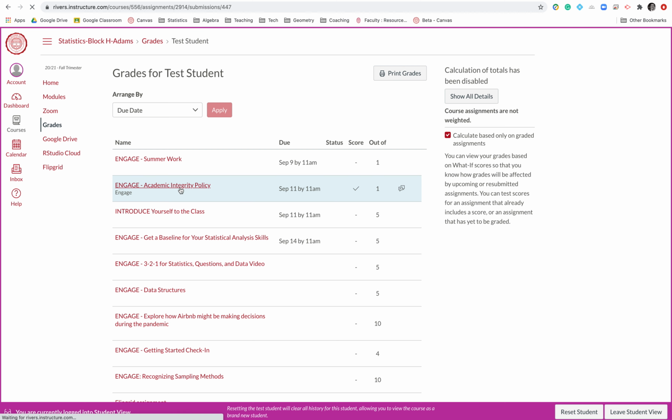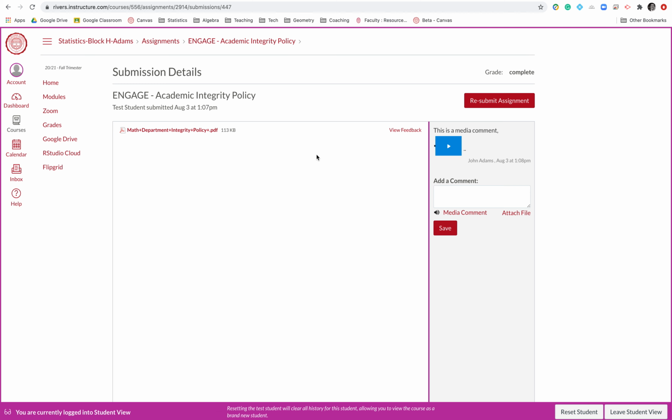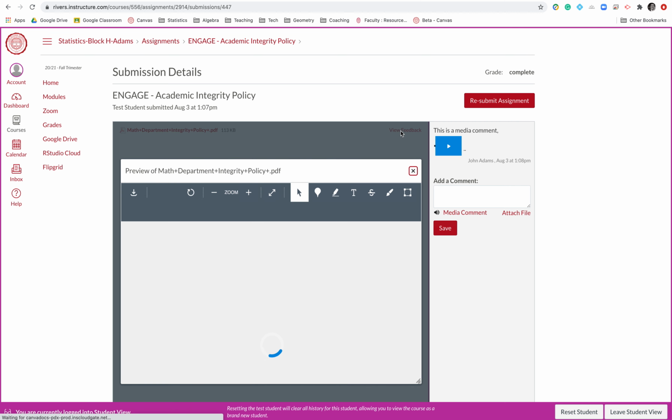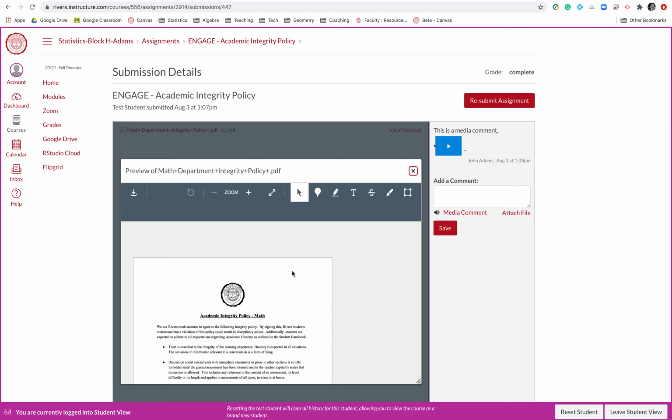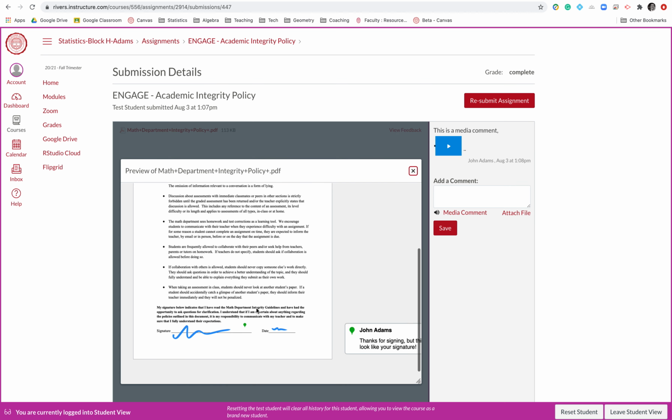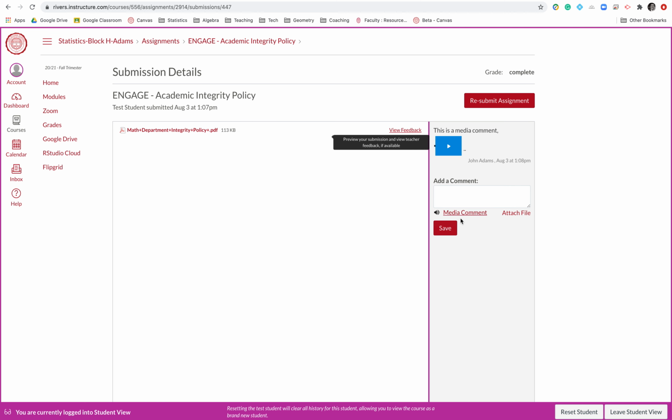Let's take a look at this Engage academic integrity policy. This is one that I've done sort of a practice submission for. And it's really important that you access the feedback that teachers are providing, particularly in either an all remote or hybrid setting. You can see it says view feedback, and as I look at this PDF, there's a little note from the teacher, aka me, but there will also be things on the right side of the page here potentially where it's more generic comments about the entire assignment that you've done. They can write a comment by hand, but they can also record a video or an audio message.